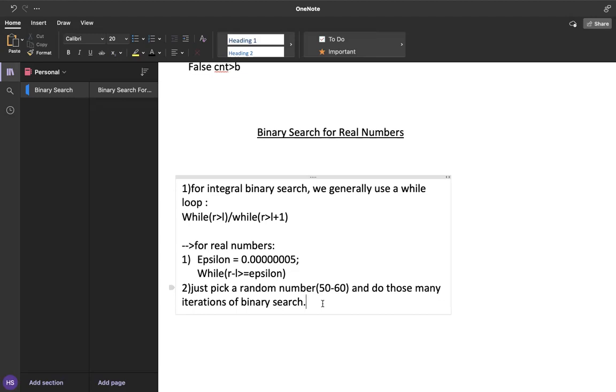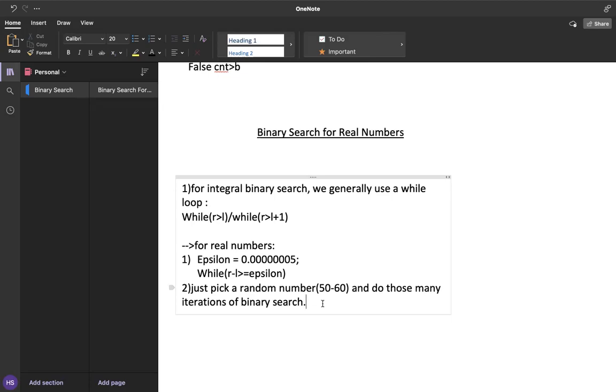And in 60 iterations, a search range of size 2 to the power 60 is getting reduced to a search range of size 1. So obviously 2 to the power 60 is a very huge number. Our range is probably of the form 10 to the power 9 or 10 to the power 12. So in around 60 iterations of binary search, we will surely be getting a range which is very, very small.